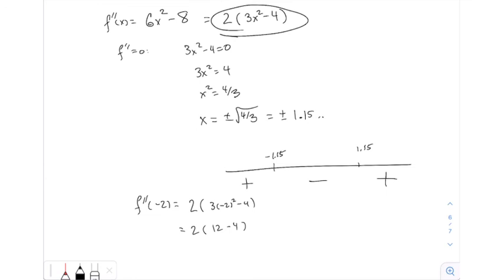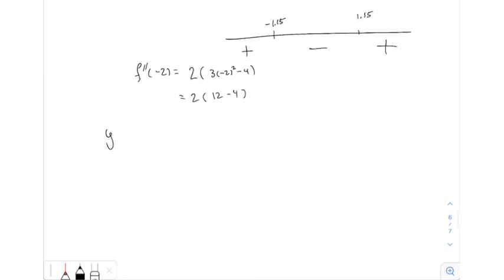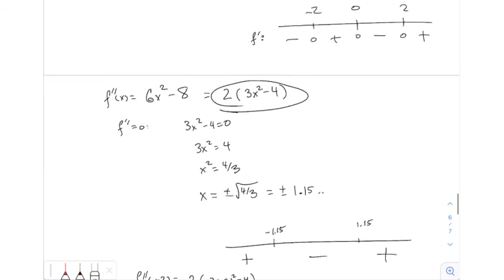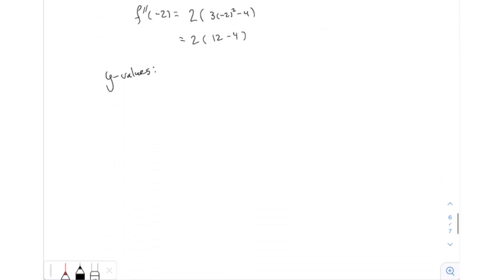All right, I think we're ready now to find the y values, which I would definitely suggest you use your calculator for, and then try and draw the picture. So let's find the y values. My x values, I guess I have 5 total, right? These ones, the critical numbers, negative 2, 0, and 2. And then these ones, the positive and negative root of 4/3. So let's just go down the line here, I guess. F of,